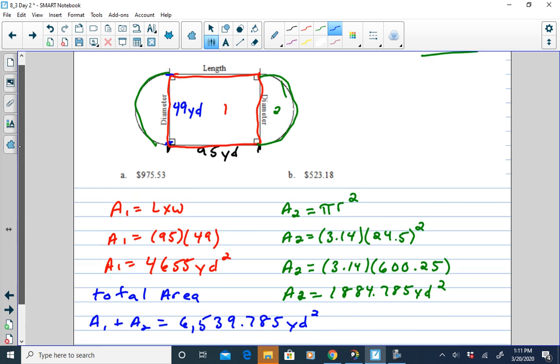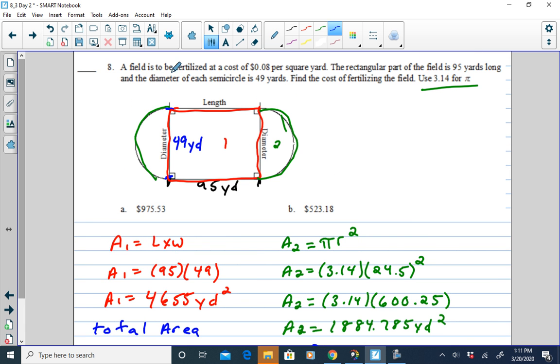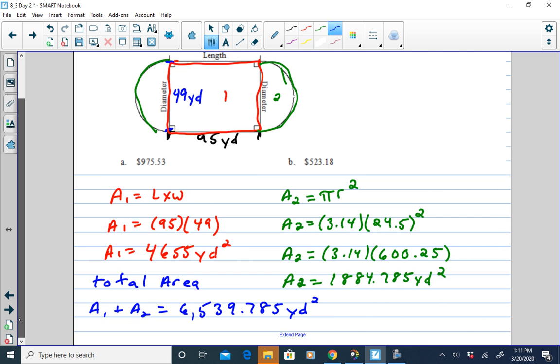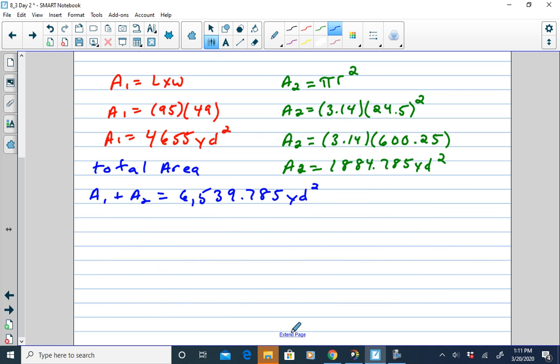But then we're told what in the problem? The field is to be fertilized at a cost of 8 cents per square yard. All right, so I want to take each of these square yards and multiply it by the cost for each square yard. So we want to multiply that by the 0.08, and we wind up with